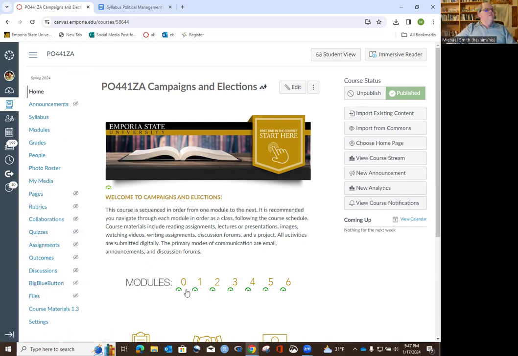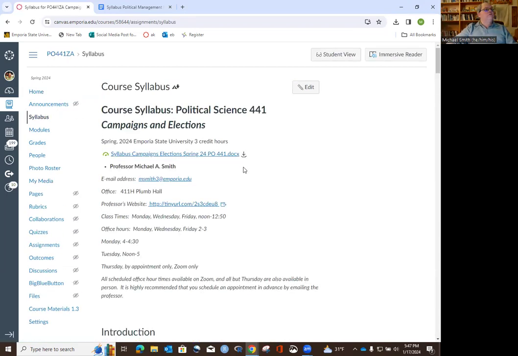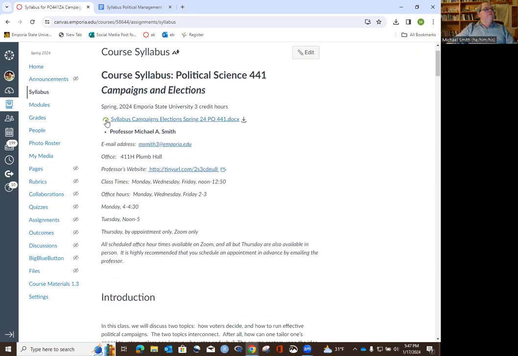You can walk through the modules one at a time if you would like, but let's go ahead and just get right to it by going straight to first the syllabus, and then we'll look at the modules. Now, first of all, this document right here, this docx file, this is the syllabus of record. That means this is the syllabus that gets turned in. This is the official syllabus of the class as far as university administration goes,